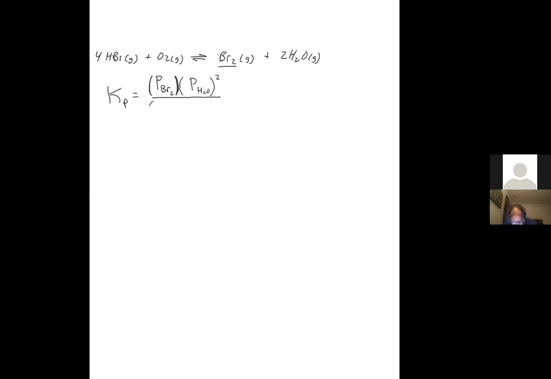Divided by, now we have two reactants, PHBr squared, PO2, first power. Okay, now we don't have to have the parentheses, so we could just do PBr2 times PH2O squared divided by P